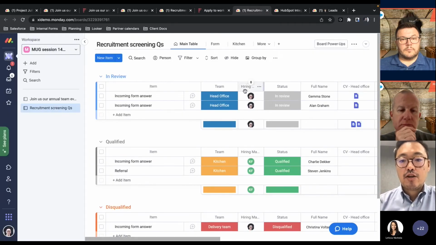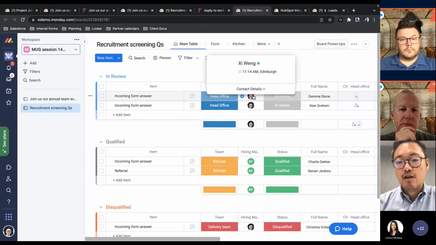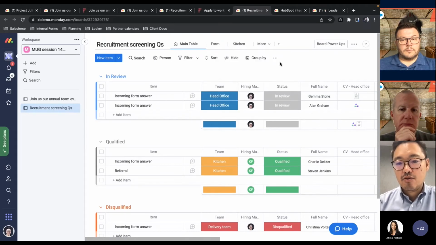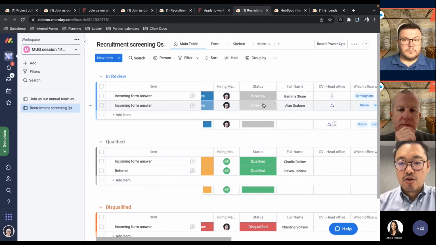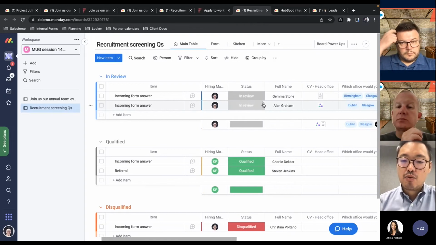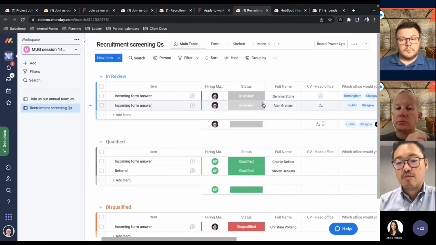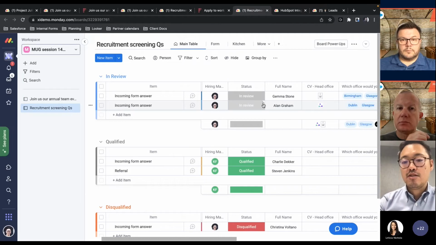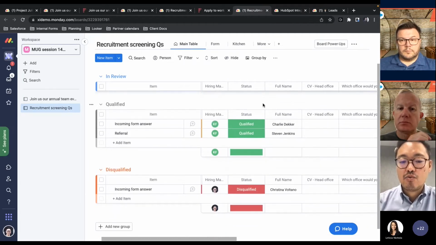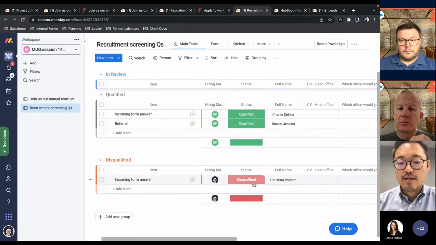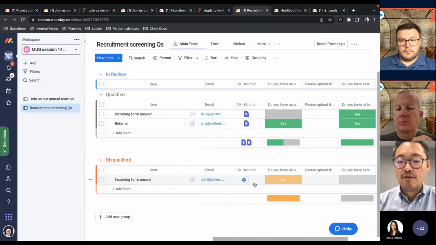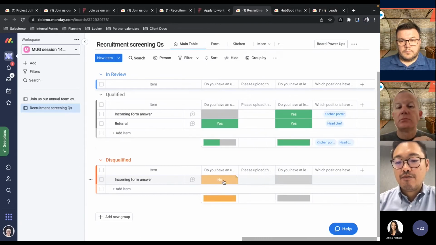But I think a really good use case for this is that firstly, you can assign the correct hiring manager based on the role, but also because some roles will have more volume than others, and some you can stipulate disqualifying factors as well. I actually added a status here so that we're disqualifying anyone who doesn't have the right requirements.